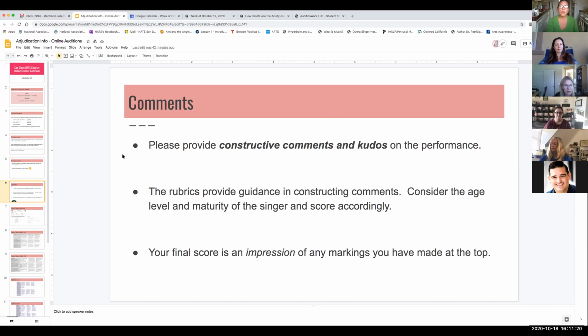Okay, so this is the part that is really super important to us. The NATS student auditions are not a general competition. While the older categories are more likely to be career oriented, we've got a lot of youngsters who sing for the joy of it, who participate in local theaters, etc. So it's really important that the comments that we provide are constructive.